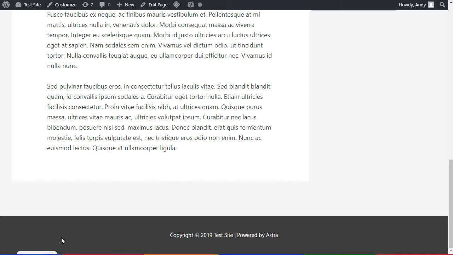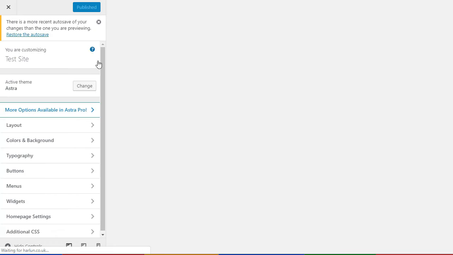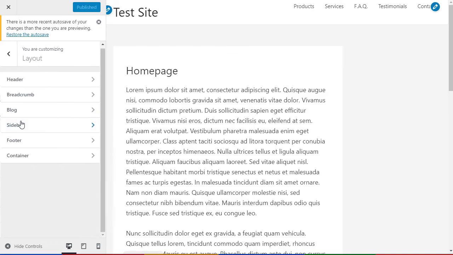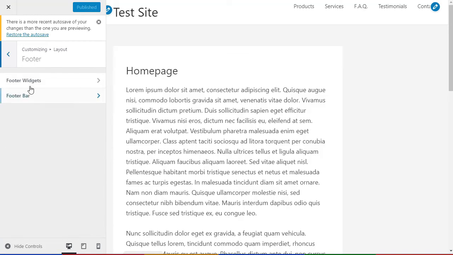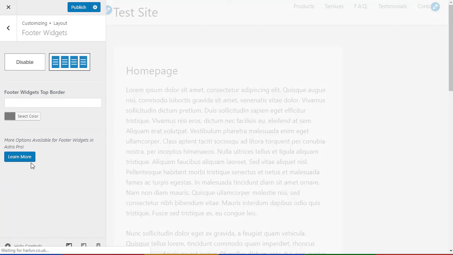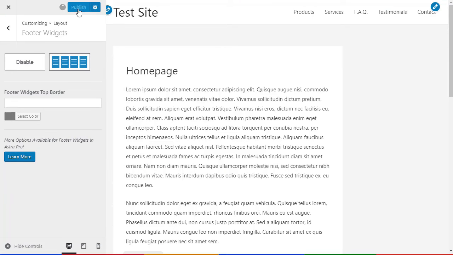And that menu hasn't appeared. In this case, if I go into customize, I'll find that the Astra theme has it disabled by default. So I need to go in there and change that. Let's go into the layout options and then down to footer widgets. You can see it's disabled. If I enable that and then we publish,